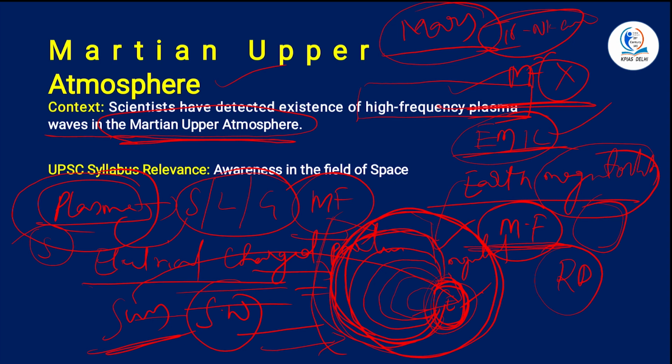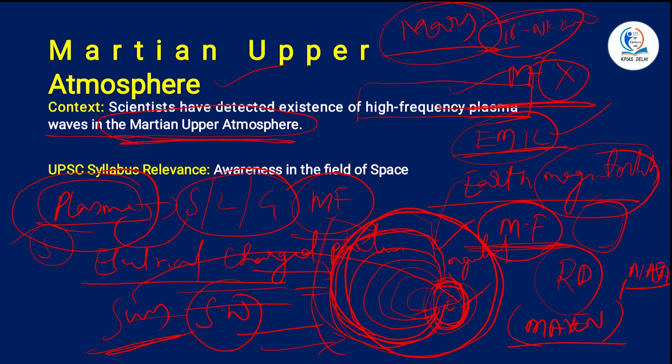So researchers from the Institute of Geomagnetism have examined the existence of high-frequency plasma waves in the Martian plasma environment, because a direct interface has been provided because of the absence of a magnetic field for Mars. The Mars Atmosphere and Volatile Evolution mission, you might have heard, MAVEN, which is a spacecraft of NASA, has observed this.